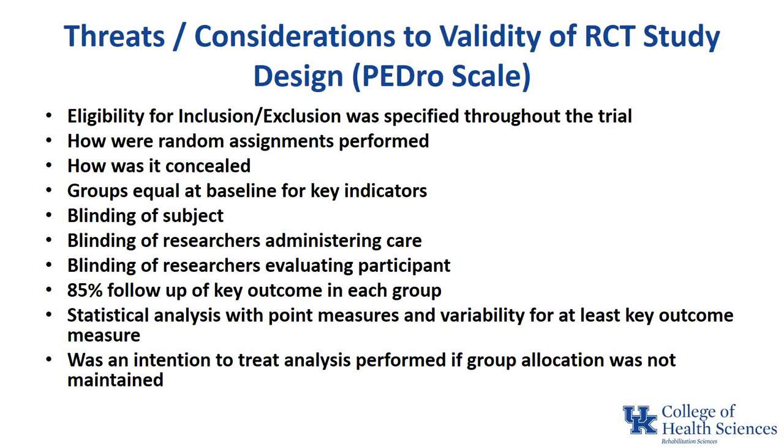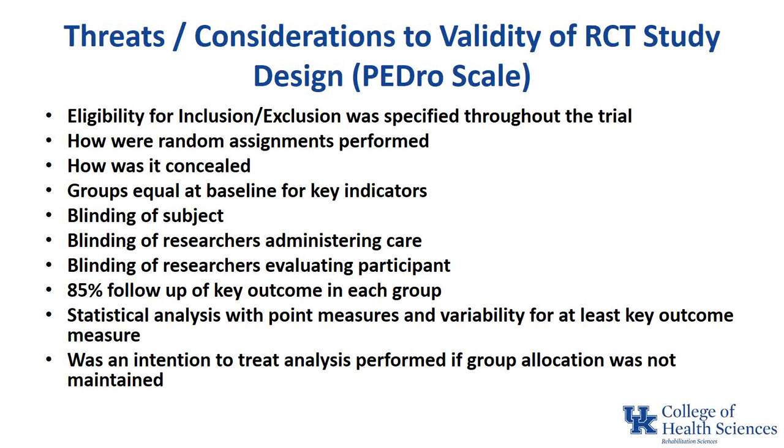For those of you who are physical therapists or athletic trainers, this is very similar to the types of questions you might have learned about as you went through your program, a score called a PEDro score. The physical therapy folks in Australia created this tool to evaluate a clinical trial. And they asked a series of 11 questions, like what was the eligibility for inclusion, exclusion, how were they randomized,